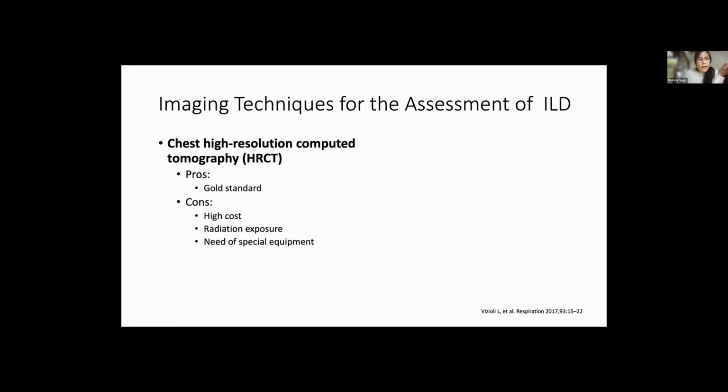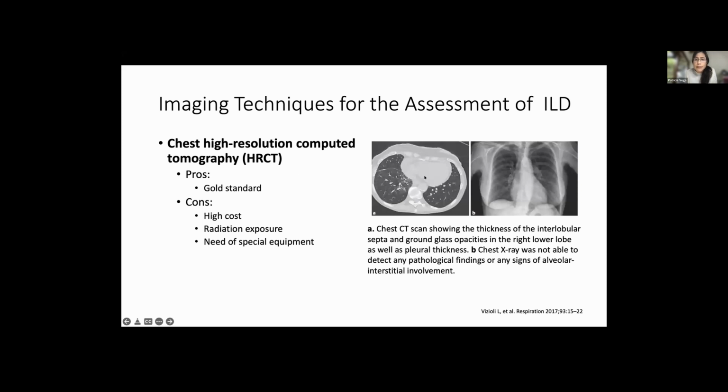We could also use chest CT, which right now is taken as the gold standard from the imaging perspective for ILD. However, it has a relatively high cost and radiation exposure. We need to be conscious about that. And depending on the area where you are, you're going to need special equipment. This is an example of a patient in which we see areas of abnormalities related to ground glass opacities. But when they did an X-ray in this patient, the X-ray was normal,